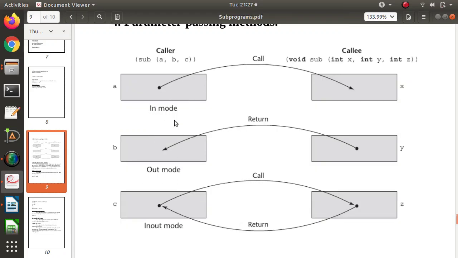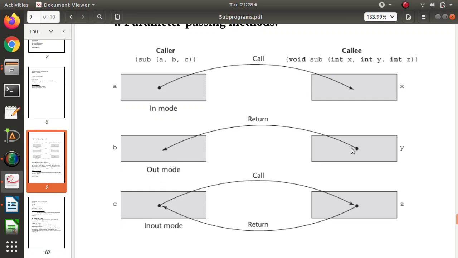So what do you mean by in mode, out mode, and in out mode? So look at this. In mode means these actual parameters values get copied to these formal parameters. Out mode means values of these formal parameters get sent back to the calling subprogram or calling statement. This is called as output.